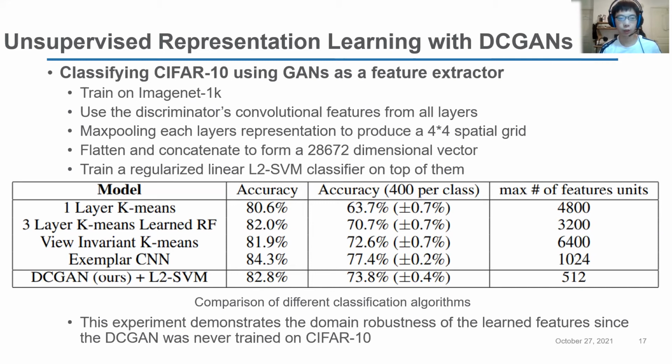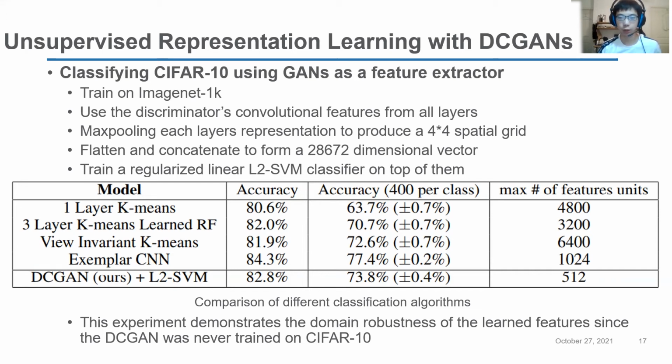Finally they train a regularized linear L2 SVM classifier on top of them to classify CIFAR-10. The table below is the comparison of different classification algorithms. We can see that the accuracy of DCGAN plus L2 SVM is pretty high. It only loses to the Exemplar CNN,